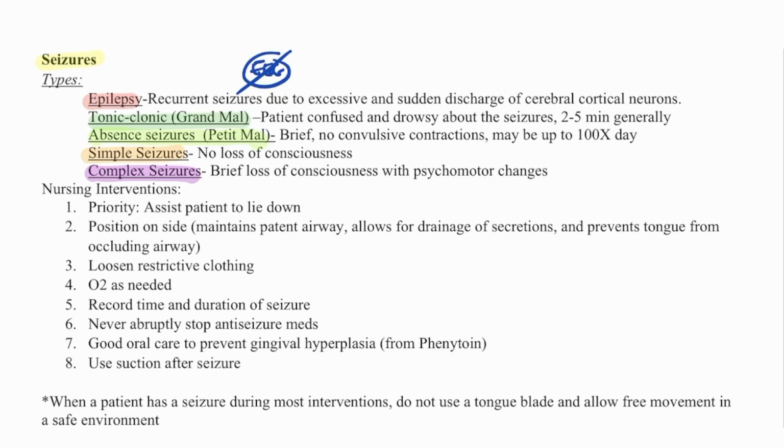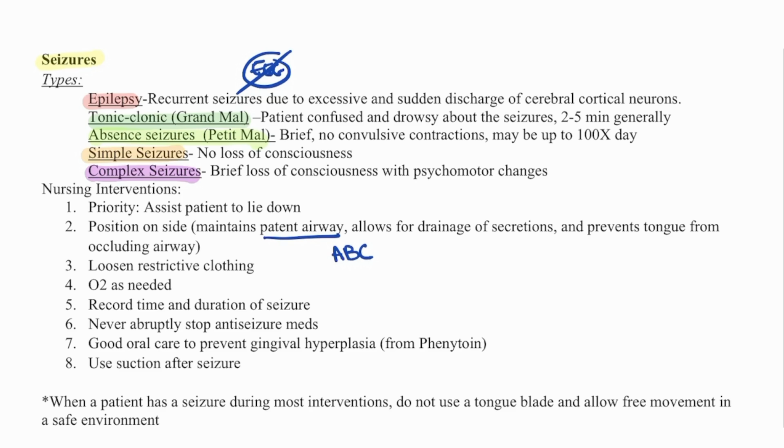So our priority: assist the patient to lie down, position them on their side, maintain a patent airway, because remember our ABCs: airway, breathing, circulation, allow for drainage of secretions, and prevent the tongue from occluding the airway. We want to loosen restrictive clothes, give oxygen as needed, record the time and duration of the seizure, never abruptly stop anti-seizure meds. We want to do good oral care to prevent gingival hyperplasia from phenytoin, and use suction after